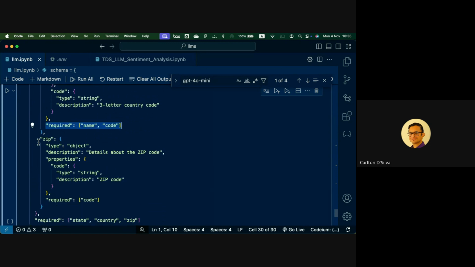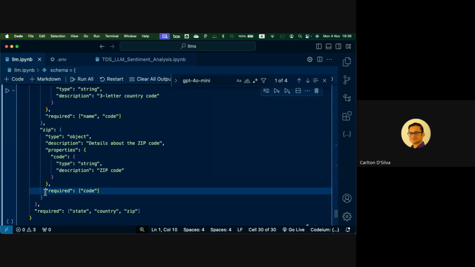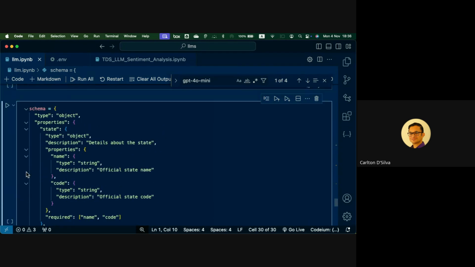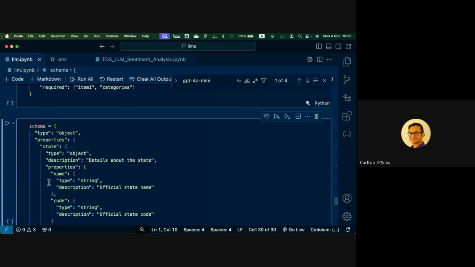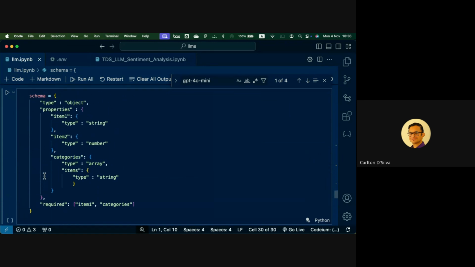Okay, very good. And the third item was zip. You're saying this is an object. This is for our own documentation. What are the properties of zip? We say there is code. Code is of type string. And we are saying that's also required. And we're saying all three of these are also required in our main schema. Now you see how easy that was to understand, because we understood this basic construction first. Right? All of you are with me now?